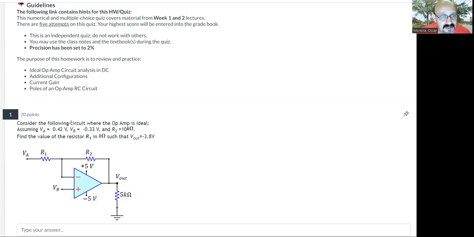In this problem number 1, we are given basically the voltage conditions, VA, VB, even V out is given. So we already know that. And the intent of the problem is to find R1. Important thing to remember in op-amps